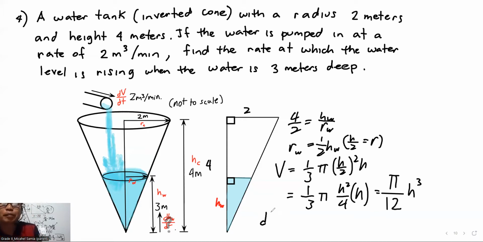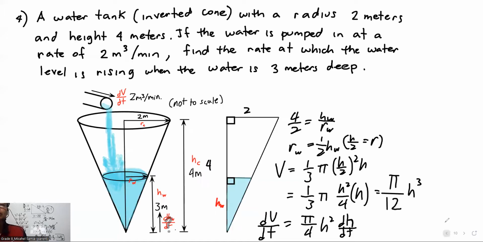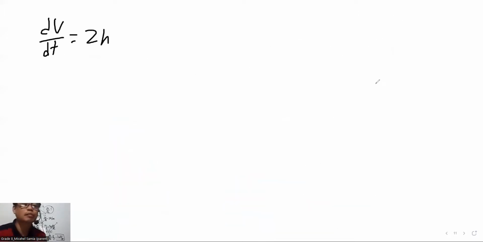So, differentiating. So, the 3 will go away. So, we're looking for the dH/dt. I'll just continue with the next equation. So, dV/dt equals 2, pi over 4 squared over